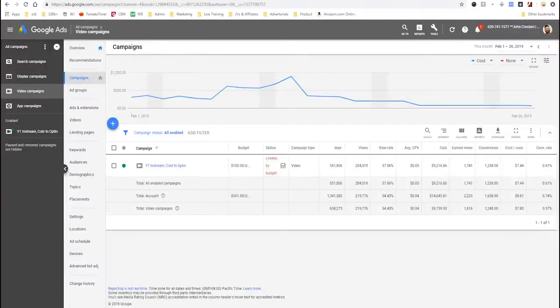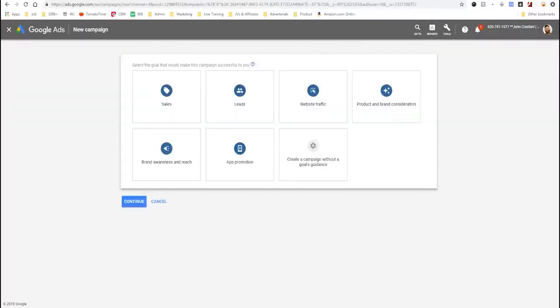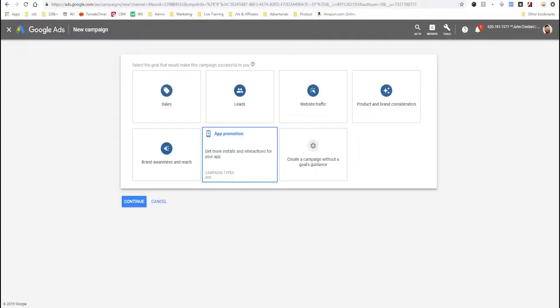Now, what we'll click on is this plus icon. See where it says plus? This allows you to create a new campaign. And we'll just select New Campaign. You get a lot of different options, and these options have been changing a lot recently. See sales, leads, website traffic, product brand consideration, app promotion, etc. They keep changing the interface in Google Ads. It's kind of mind-numbing, but what I always defer to is create a campaign without goals